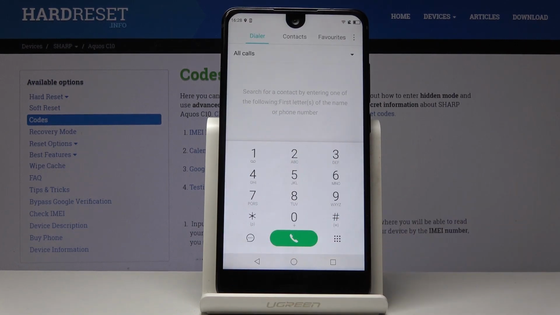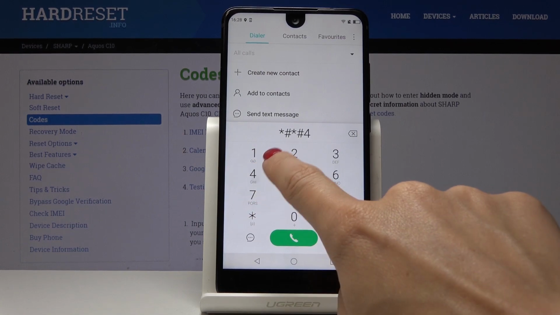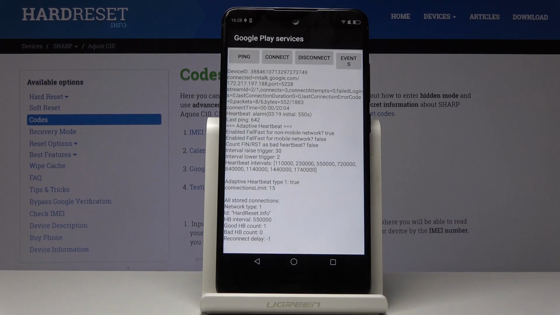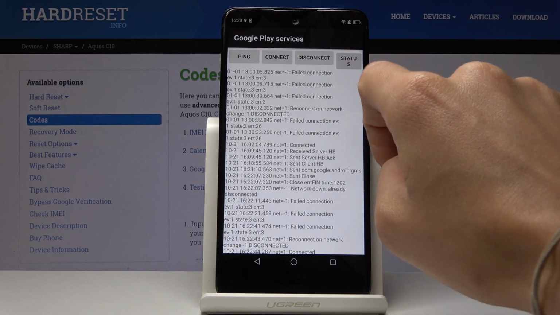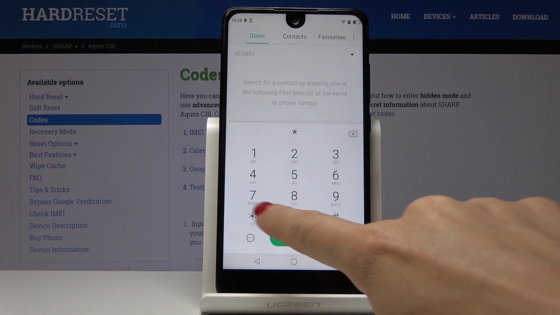And now it's time for the second code, which is *#*#426#*#. And as you can see now, we are in Google Play services, where you can check ping, connect, disconnect, and events. So let me go back to the third code, which is